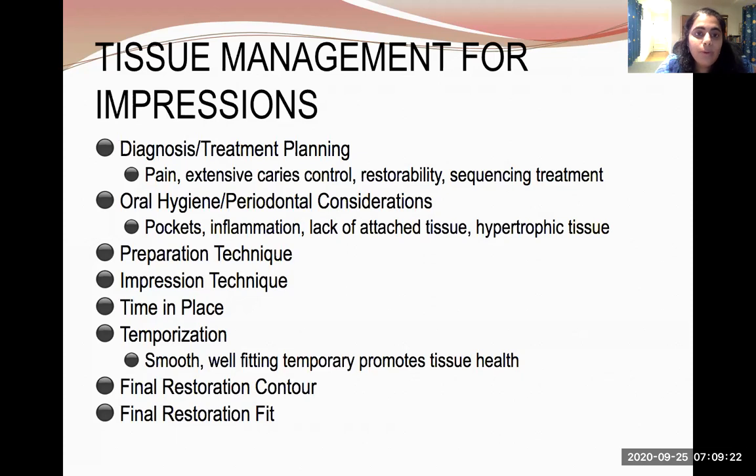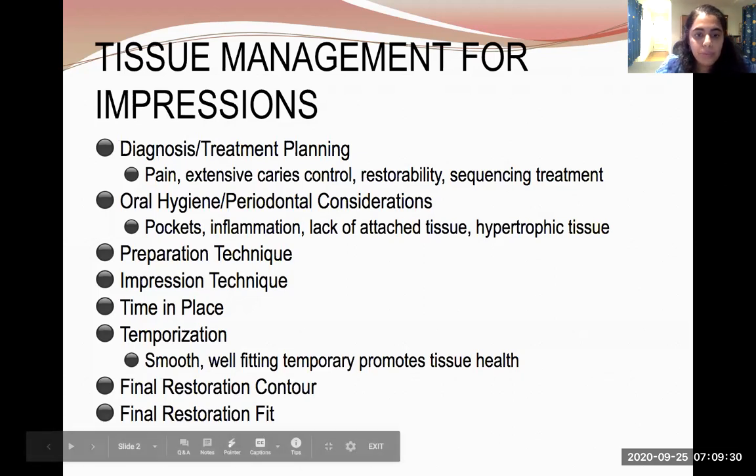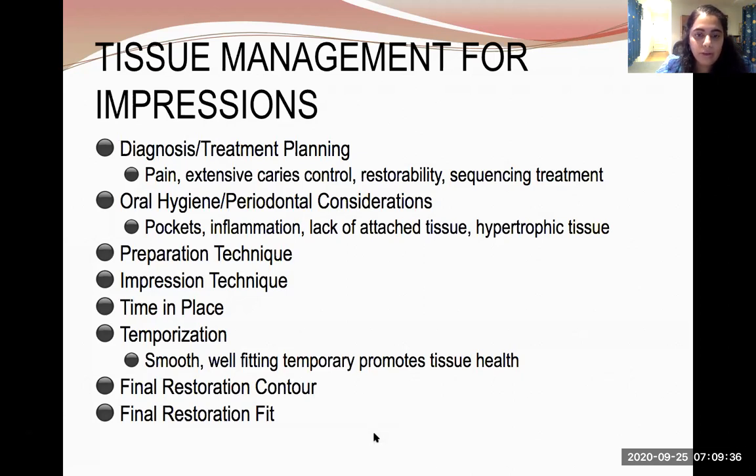And this is the most important factor that affects the long term success of the crown, and we will see some slides in the upcoming week. What makes it really hard is if the gums are bleeding, and just taking the impression and cord packing itself is also very challenging. So we want to make sure that the gums are healthy. And once the gum disease is stabilized, we can go ahead with the crown procedure.